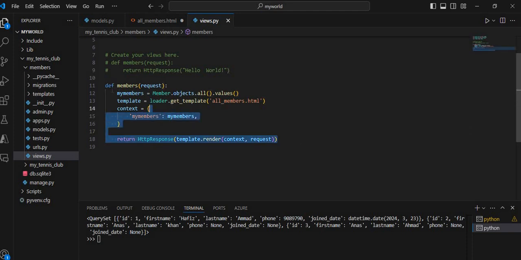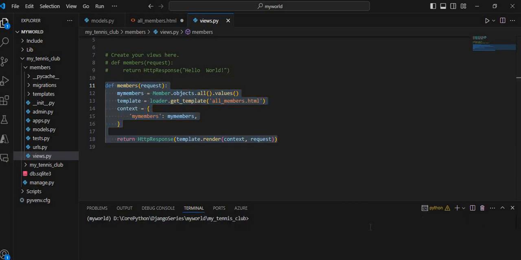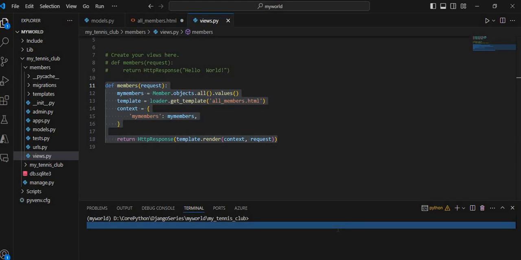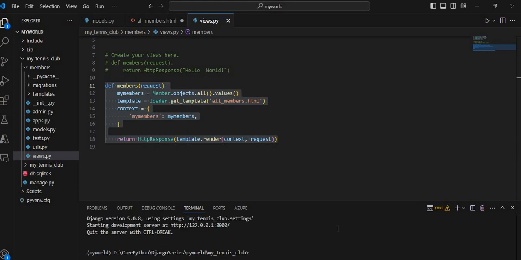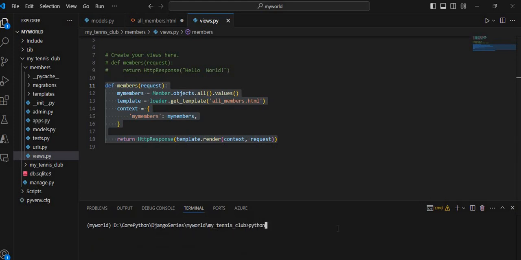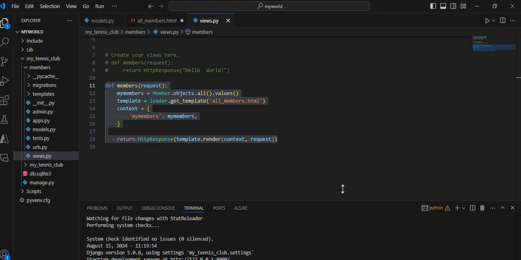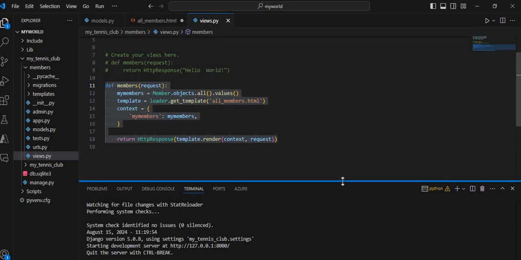अगर आप भी मेरे साथ इन स्टेप्स को फॉलो कर रहे हैं, if you have followed all the steps on your computer, you can see the result in your own browser. Start the server. Let me start the server, close this, and here py run server, and I just run my server and then navigate to the